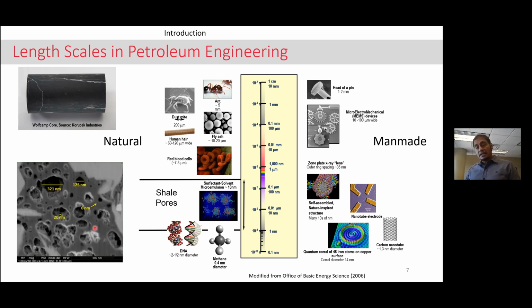And just to give you a sense of why this matters, I want you to think about conventional reservoirs. If you're talking about conventional reservoirs, we're talking about pores that are about 50 to 100 microns wide in diameter. And we're talking about hydrocarbons that are roughly about 0.5 nanometer in diameter. So I can fill about 3 to 4 million methane molecules in a pore that's that large. Now, on the other hand, if I'm talking about a pore that's only 6 nanometers across, I can only fit 12 methane molecules end to end in that extremely small pore.